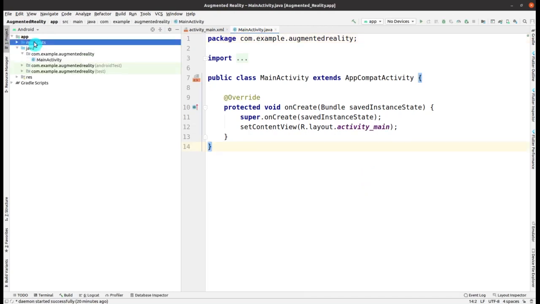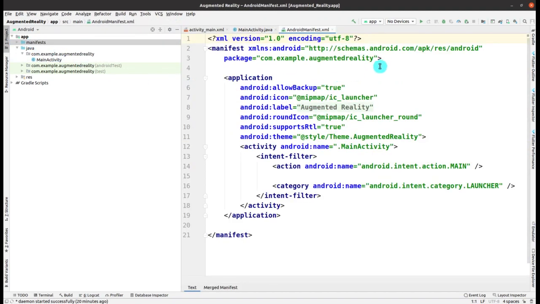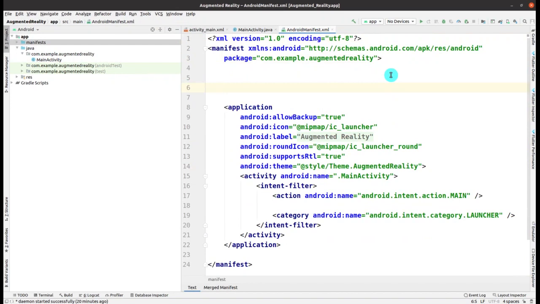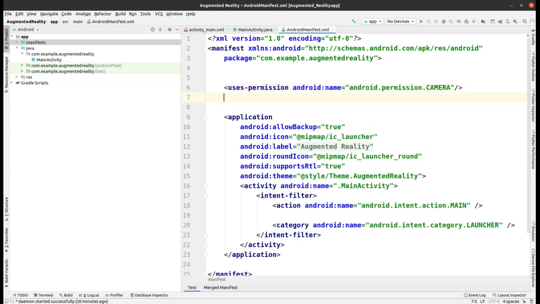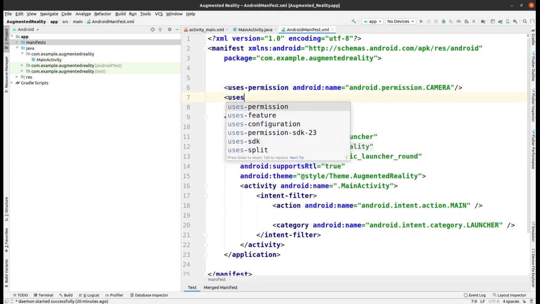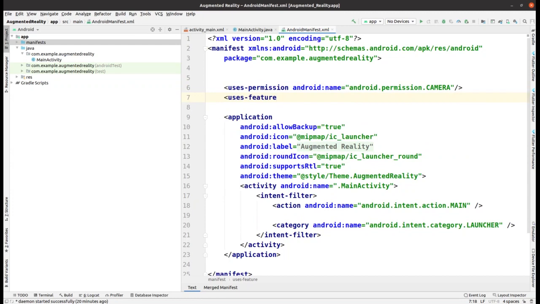Okay, so now I'm on the build screen. The project is being built up. Now I have to go to this manifest file where I have to add the permissions for using the camera. Okay, so it's like uses permission, and here you have to select the camera, and now this permission is successfully given.